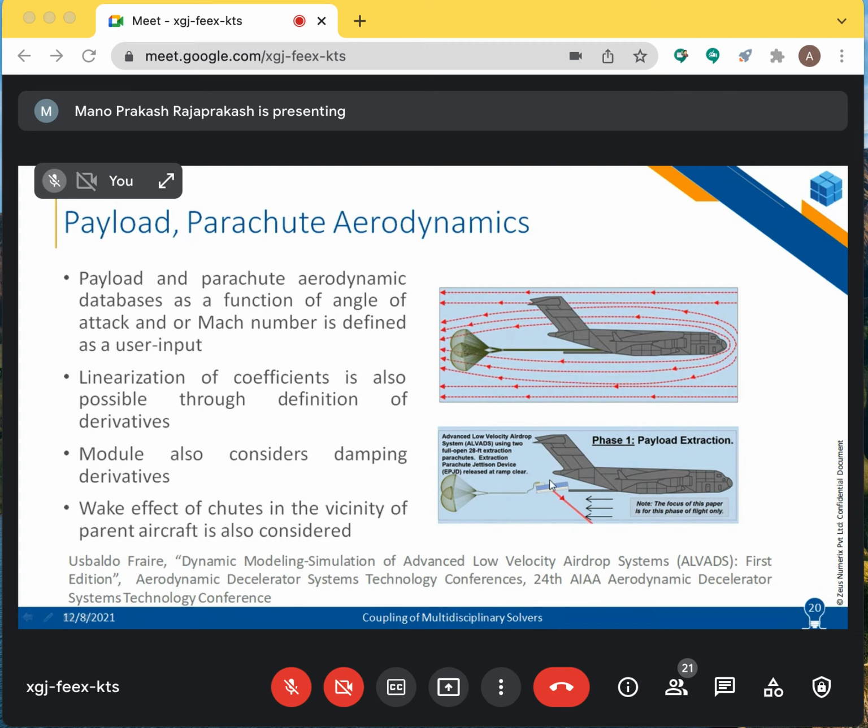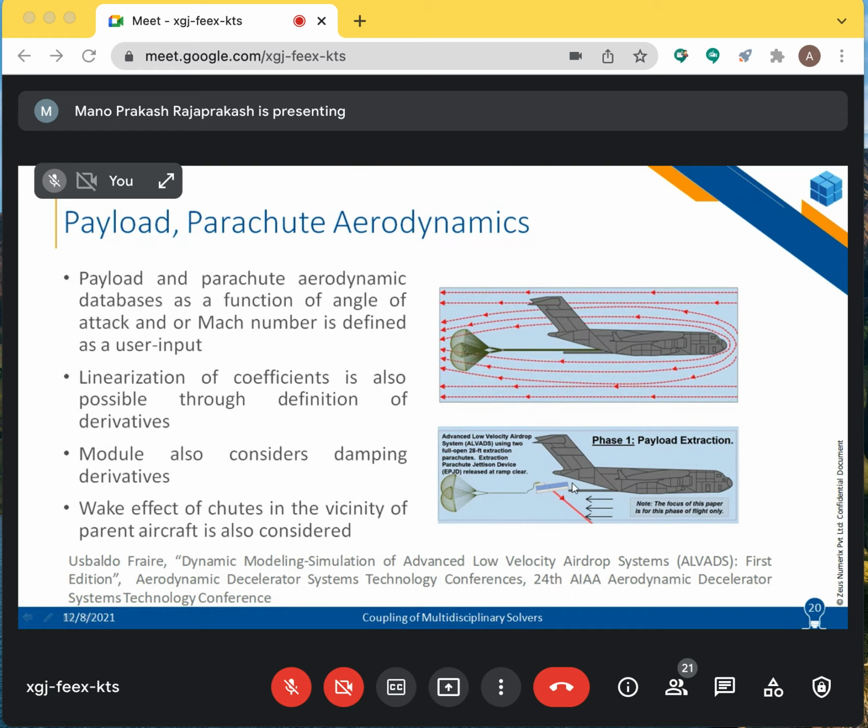And that approach seems to be working with whatever simulation model we have developed, and it also seems to be a good approximation. It seems to be matching well with whatever the flight test data has shown. So people have a lot of approximations like this flat plate approximation to model the aerodynamics when it is in very close vicinity of the aircraft.